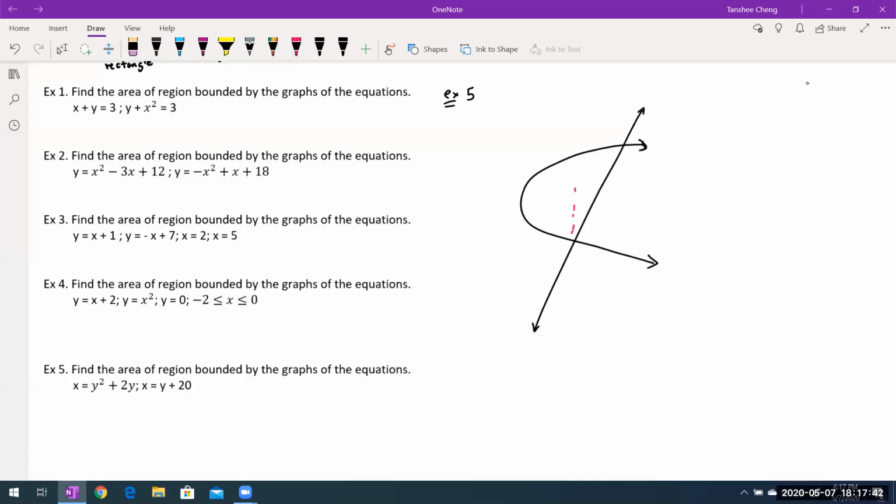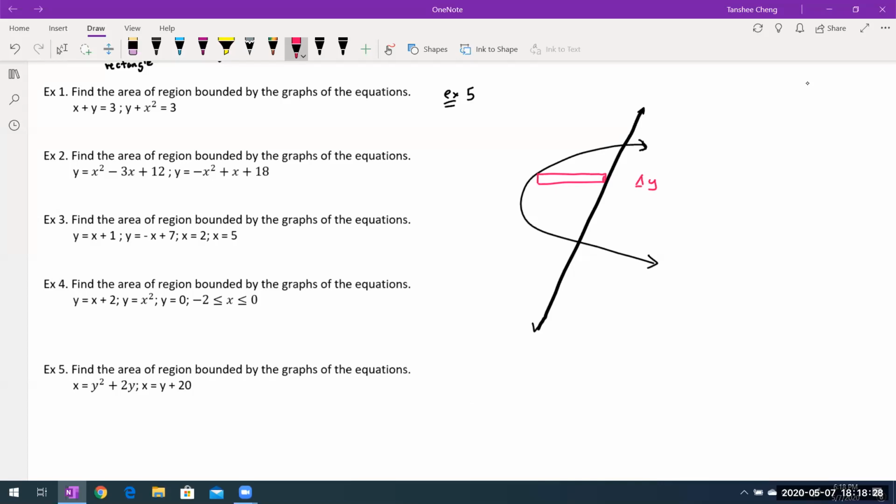So for this particular one, what we want to do is look at a horizontal rectangle idea. If you use the horizontal rectangle idea, then my width will become dy. So what we need to know is the limit of y. Before, we were using dx, so we had the limit of x, where x is from where to where. That way we can stack up the rectangles vertically all the way up to what, x. For this one, dy is my